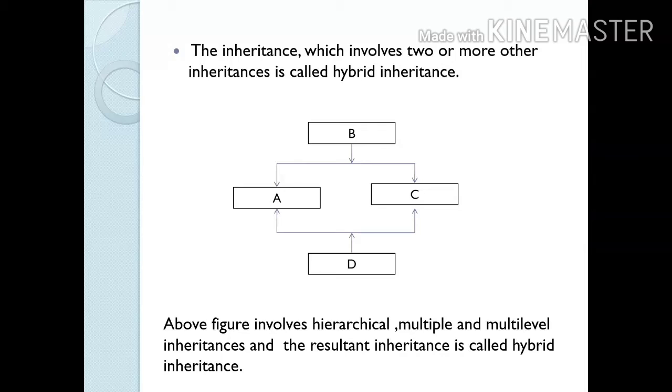called hybrid inheritance. In this diagram, class A is inheriting properties from class B. Another class C is inheriting properties from class B. Class D is inheriting properties from both classes, that is class A and class C. Here class D has all the properties of class B. So by creating the object of class D, we can access all member variables and member functions declared and defined in class B. With an object of class D, we can also access and use member functions and member variables of class A and class C.